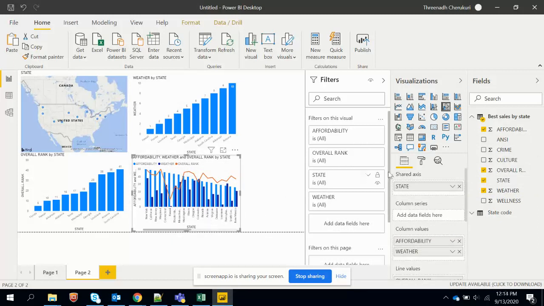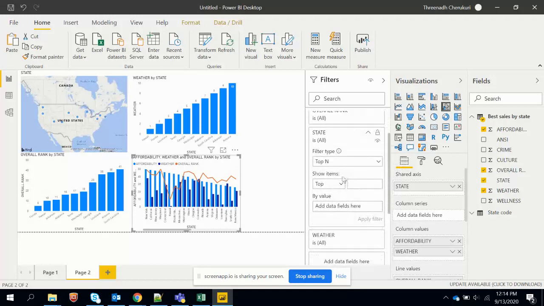So here also I want to apply the filter for top 10 based on weather.